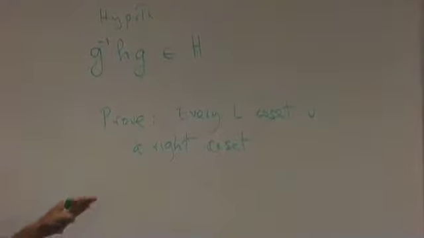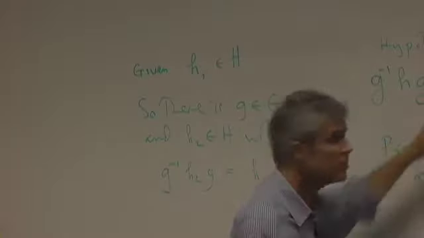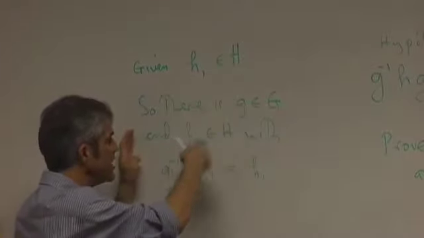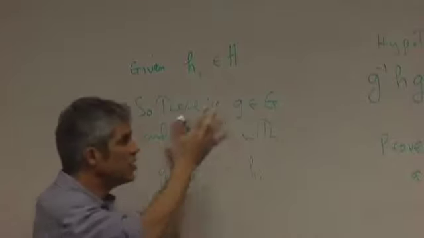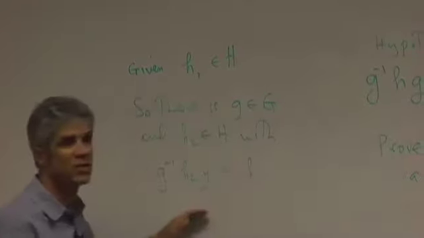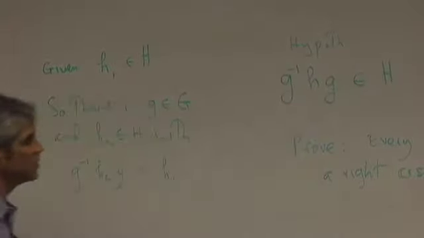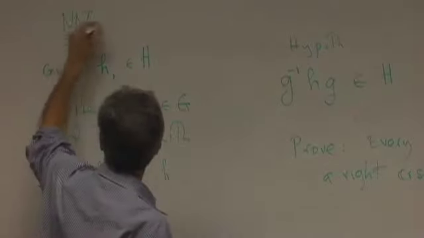The first comment is this. The hypothesis that you're given, well, two of you wound up proving every left coset is a right coset without using the hypothesis. If you have something in this form, it's within the subset H. What this statement says is, if you start with something in H, then it gets hit by something of that form, and this is a stronger statement. Now, it might be the case that you could prove that that implies this, but you certainly can't just start here and say this is the hypothesis, because this statement is not logically equivalent to this one. Okay? So it is not necessarily the same